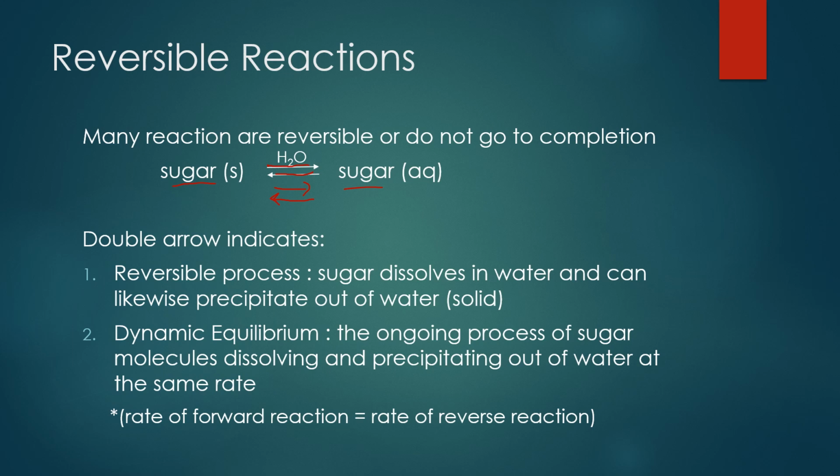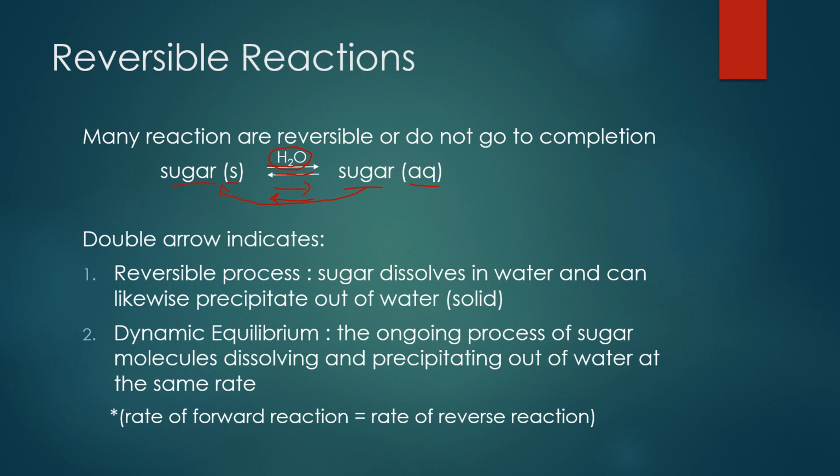So this example here is showing sugar. You can take solid sugar and dissolve it in water. When you do that, the sugar is now considered to be aqueous. Aqueous is just a solid dissolved in water. Well, we talked about dynamic equilibrium, and we said, going back to the Kool-Aid, that the sugar that's dissolved actually comes out of solution to form a solid at the bottom. So it is going in the reverse direction.